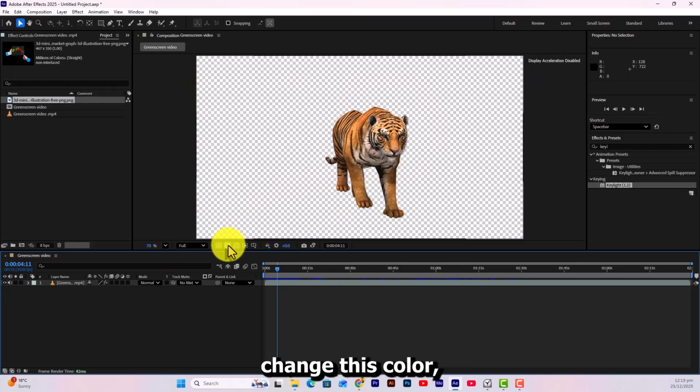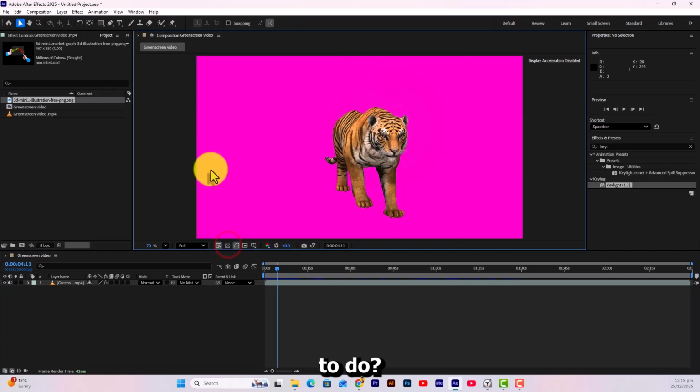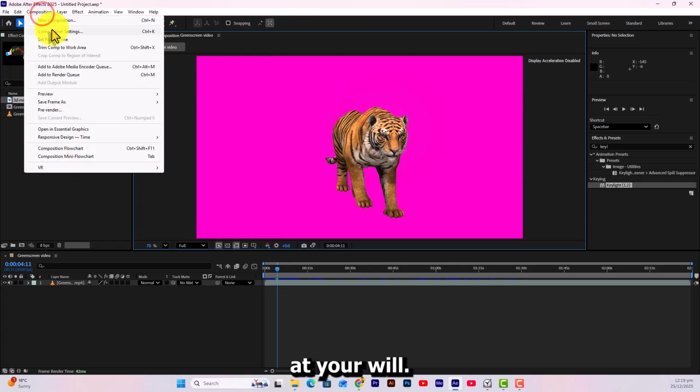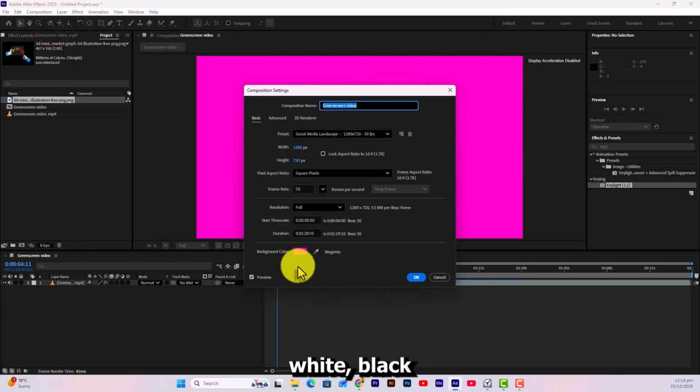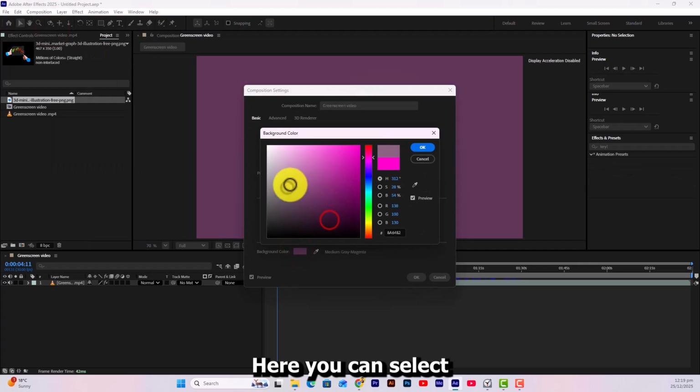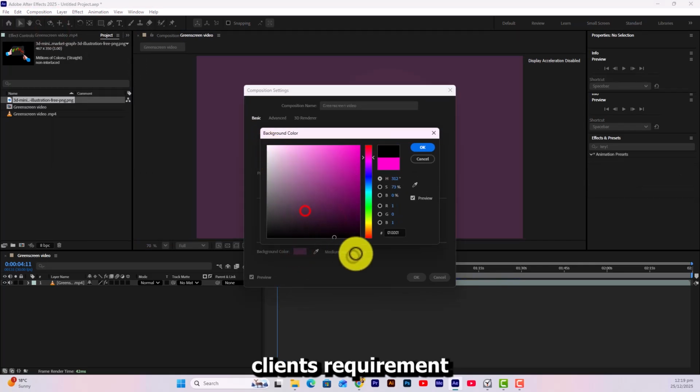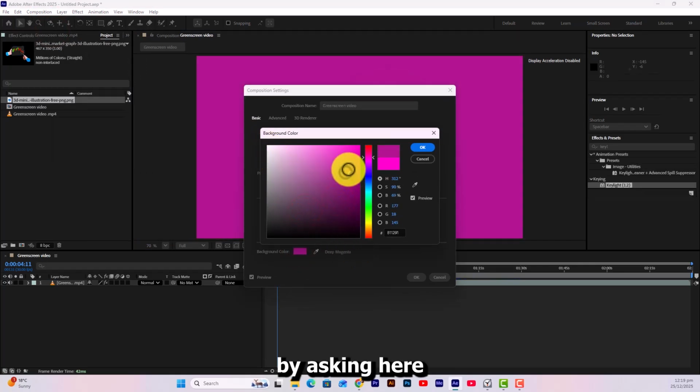And if you want to change this color, then what do you have to do? Go to your composition settings. You need to change the background color of the composition. You can select any color here at your will, whether you want to keep white, black, or any other. You can select if you have any client's requirement and you have any color code by asking,